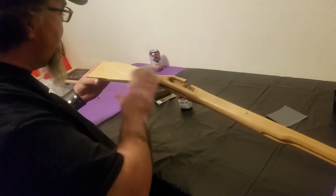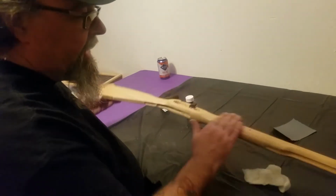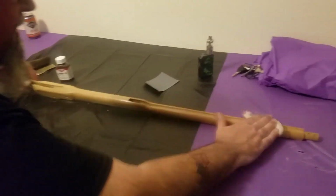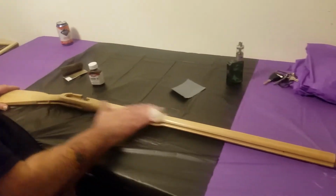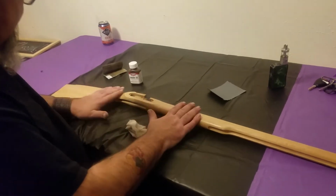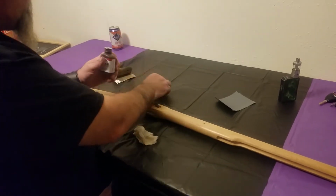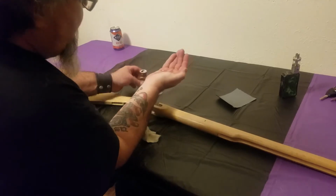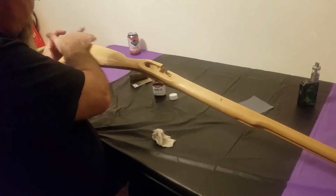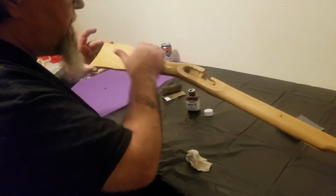Got our tack cloth, cleaning up all the sanding dust, and I mean, already the finish is nice and smooth. It's just beautiful with this Birchwood Casey Genuine Oil. I'm going to dump a little in my hand here, rub it in, and start working it into the wood. And it's coming up with a really nice